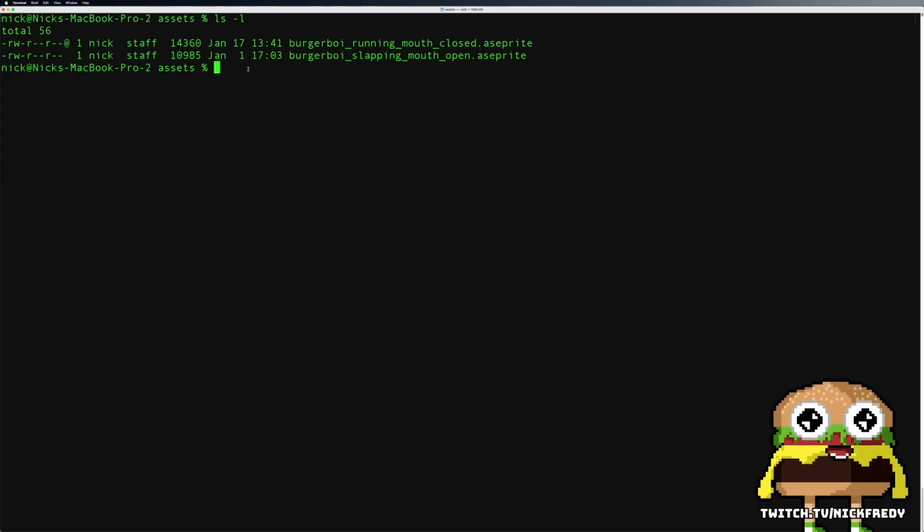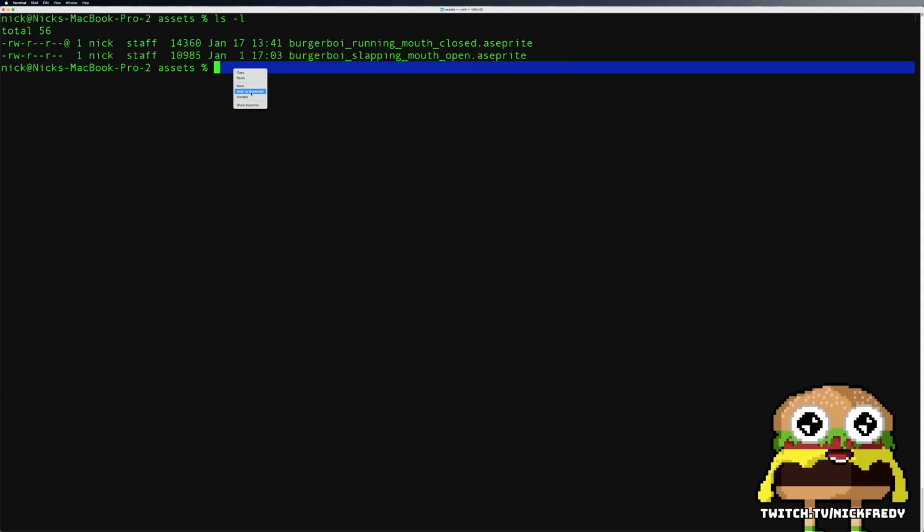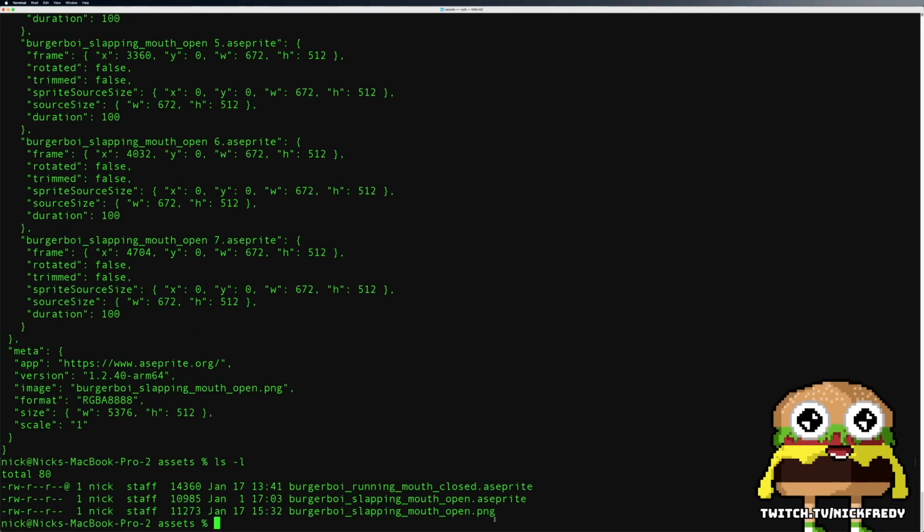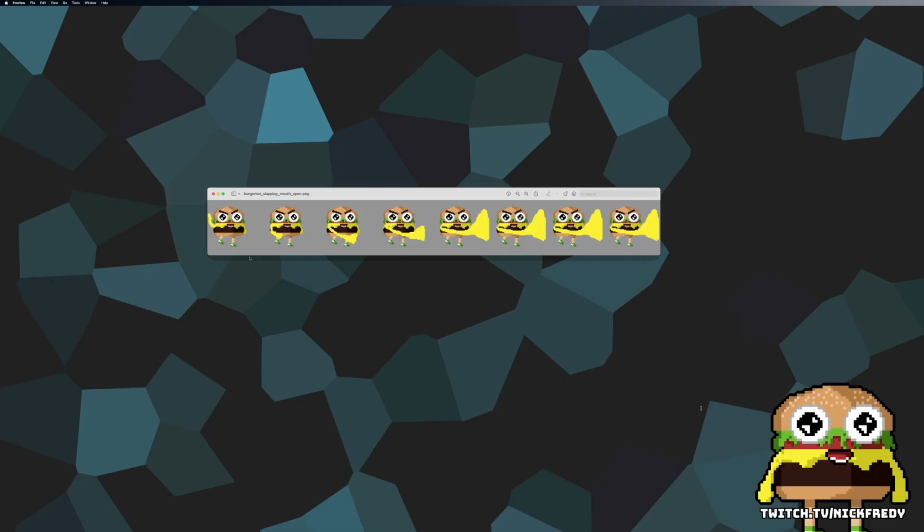Okay, so you can see I have the slapping mouth open Aseprite file that I want to convert to a sprite sheet. I'm going to go ahead and paste the command that I have. And you should see an output that looks like this, basically giving you data about the sprite sheet that you exported, and it should now show up in the assets as a .png. Now I've opened up the PNG file and you can see that it's turned into a sprite sheet